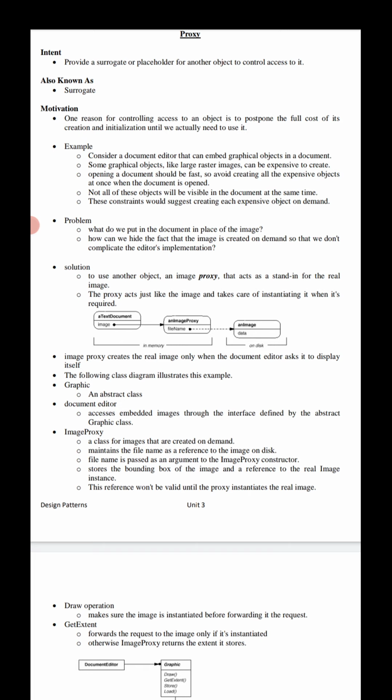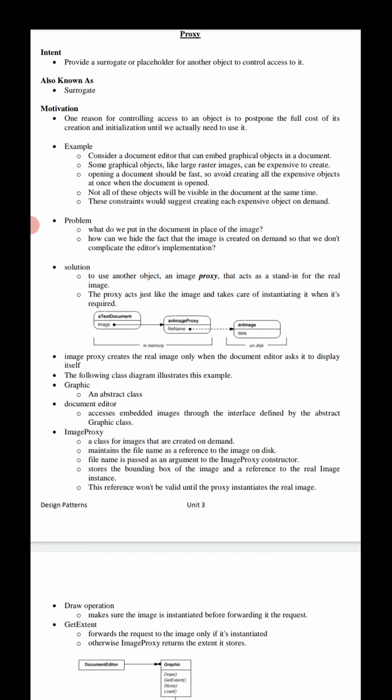When an image becomes visible, what do we put in the document in place of that image, and how can we hide the fact that the image is created on demand, so that we don't complicate the editor's implementation? This optimization should not impact the rendering and formatting code.